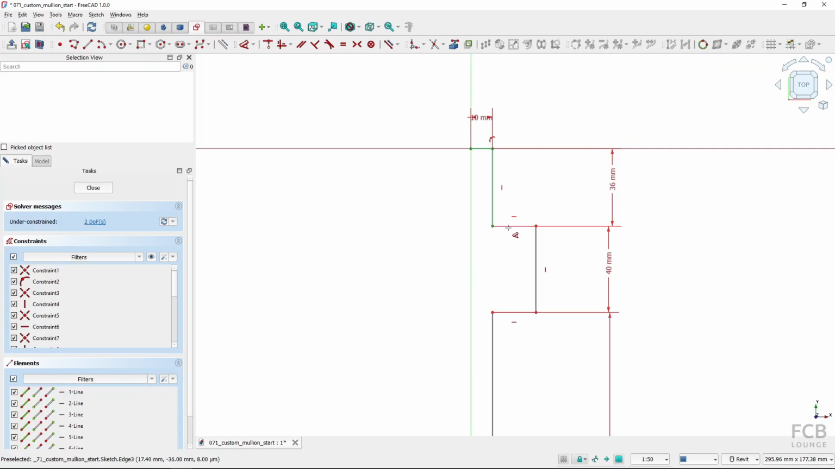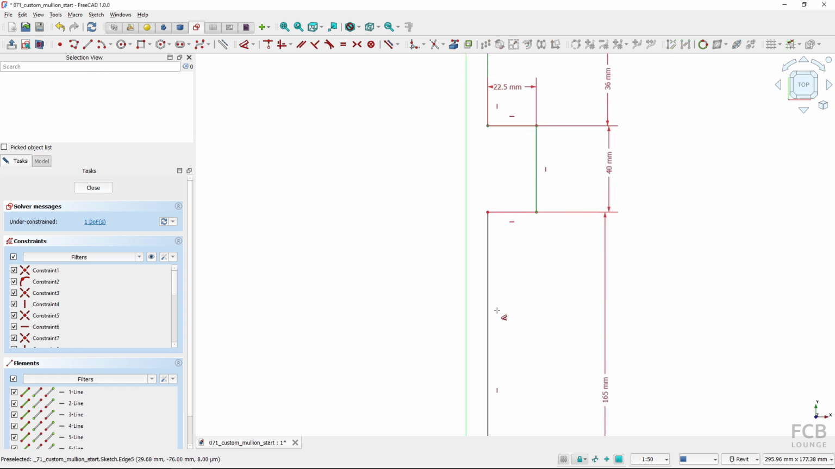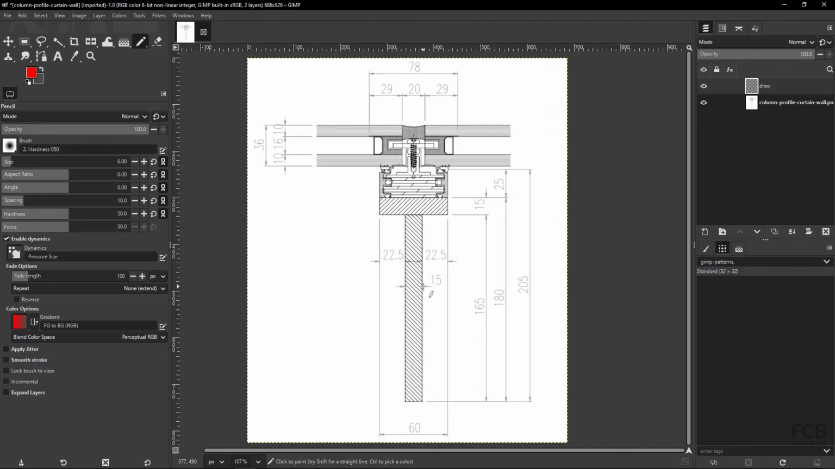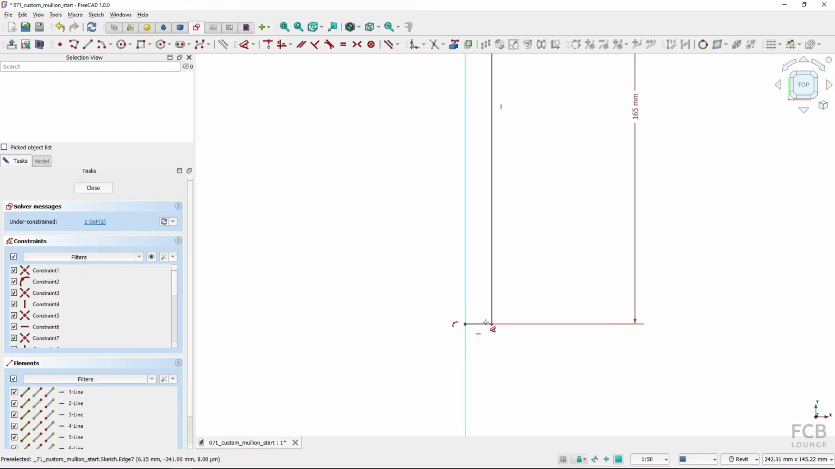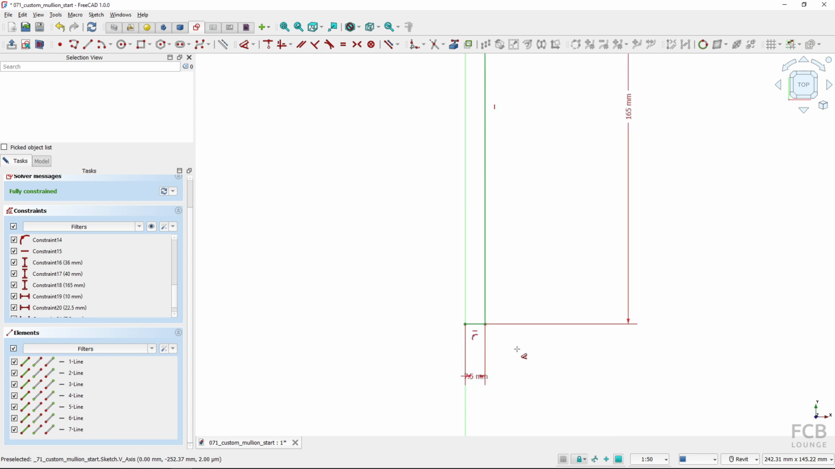So I will select it, and it will be 22.5, and this one again here, it's 1/2 of 15, so 7.5. So click here. Oops, it switched. So I need to actually select this, just this one line, and it was 7.5. Okay,